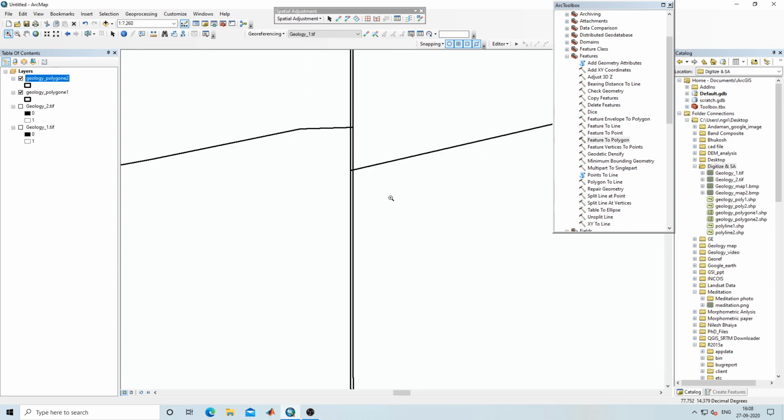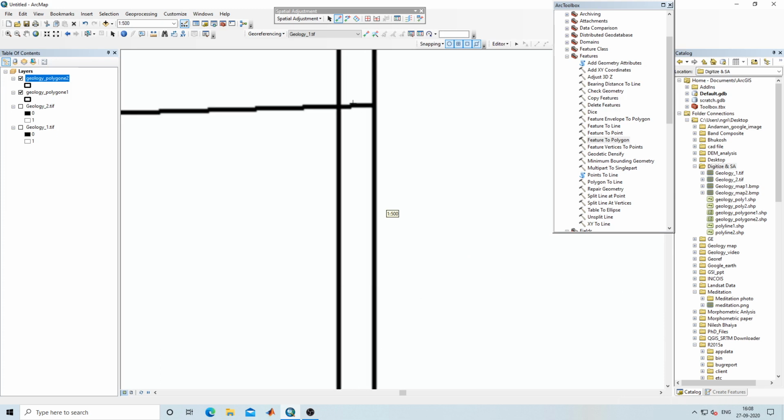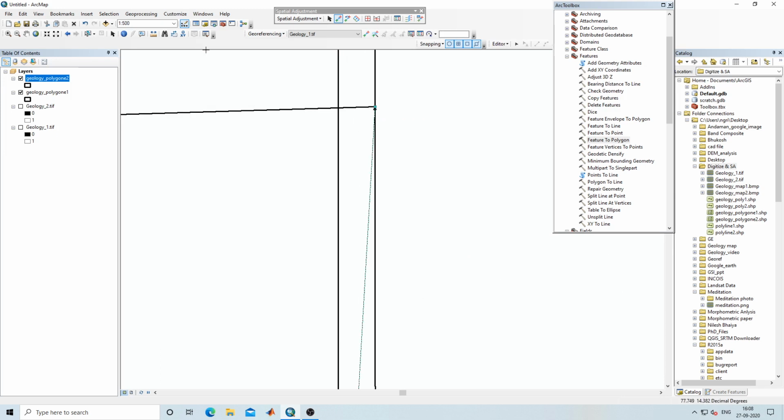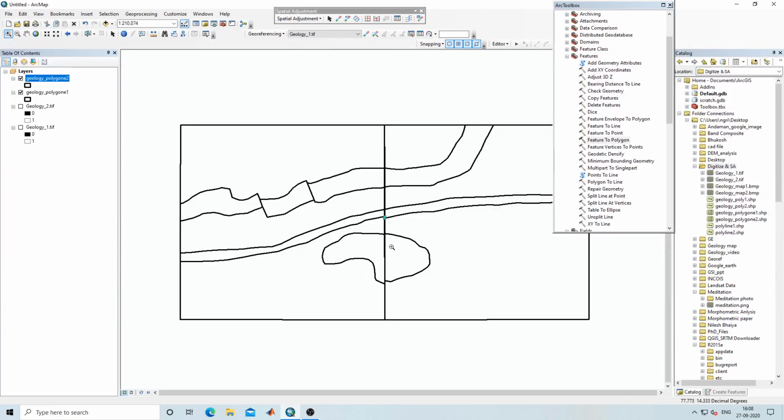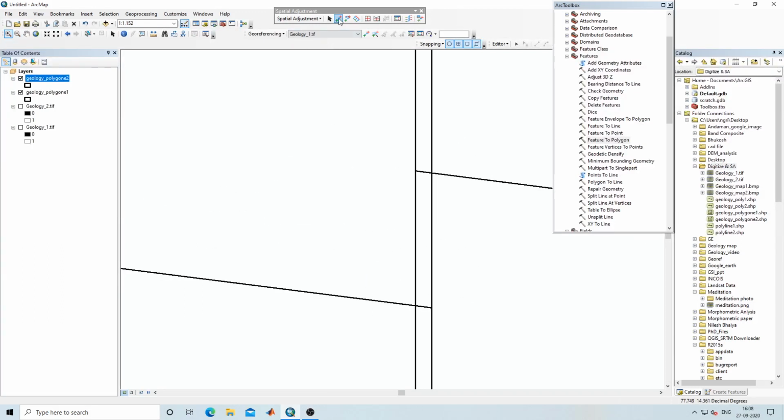So this is my polygon 2 and this is my polygon 1. Again I will zoom. So select, this is my polygon 2, this is my polygon 1.